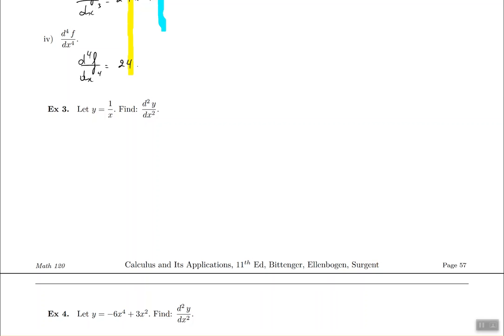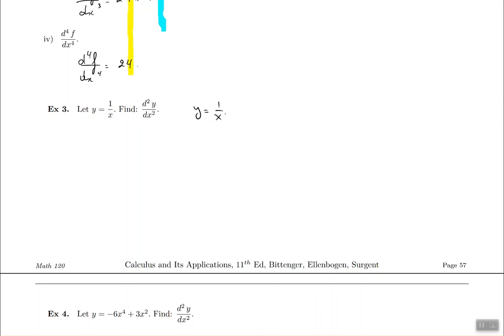So in example 3, we are given y is equal to 1 over x, and they're looking for d2y dx2. That notation just means second derivative. Now before I can get the second derivative, I need to know the first derivative. And so let's begin. I have y, which is 1 over x, and it's bad to have the x